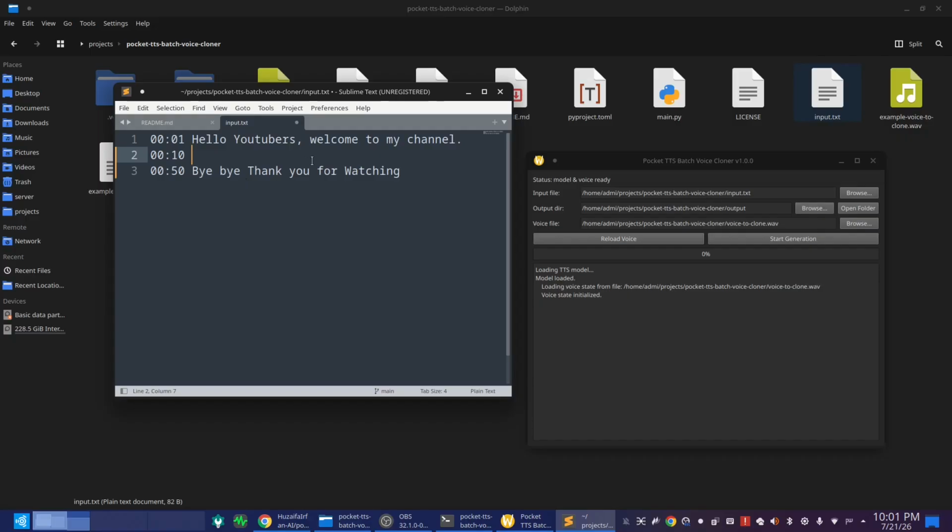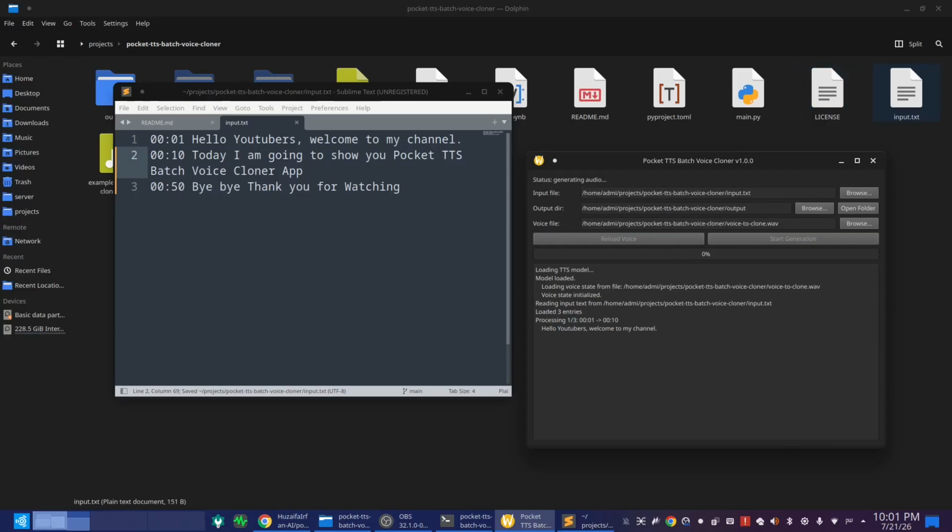Wait for me to edit this file. Click Start Generation to generate all audio files.